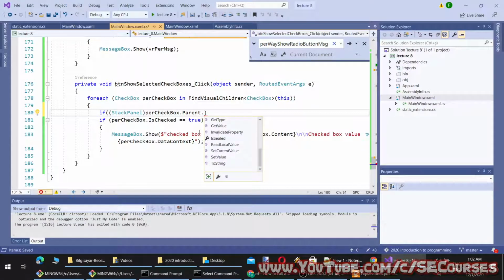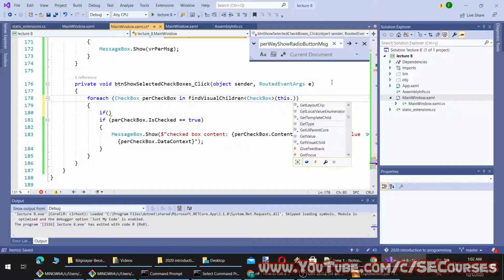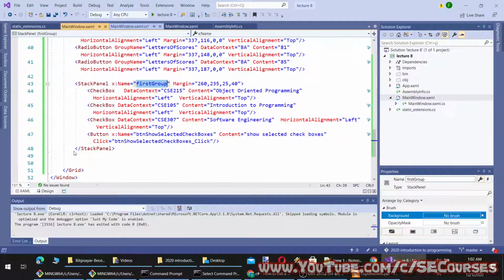I still can't get the value. Maybe I can use it like this in that time. Stack. What was the name we have given? Yeah, like this.